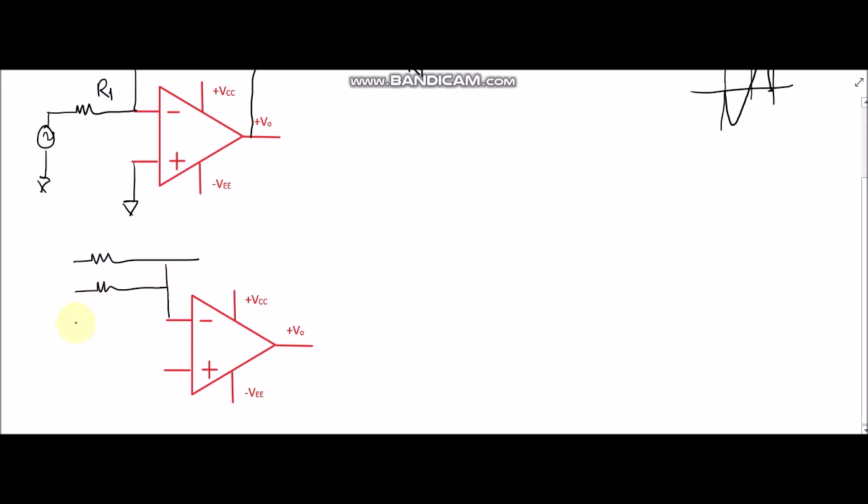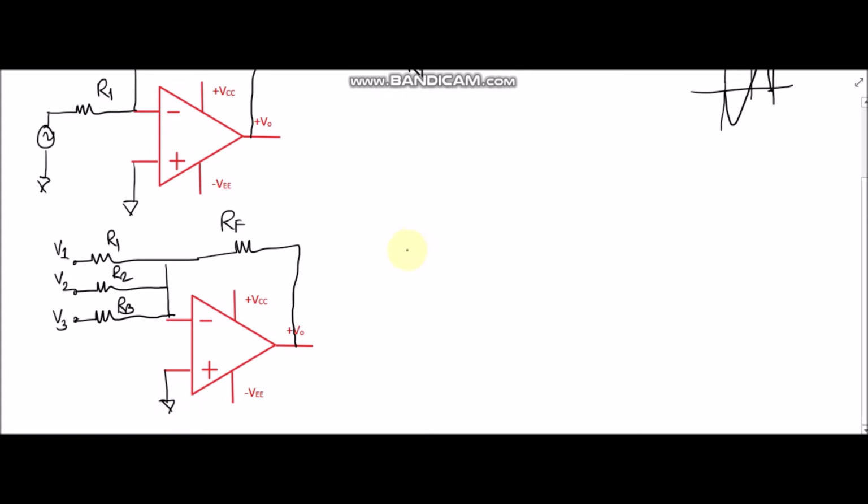Let us say I am giving three inputs and the feedback resistor as usual, RF, and these are resistors R1, R2, R3, and I am giving inputs V1, V2, V3. All these three inputs are analog, and the non-inverting terminal is grounded.